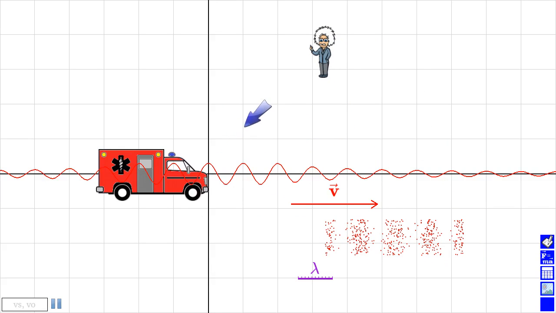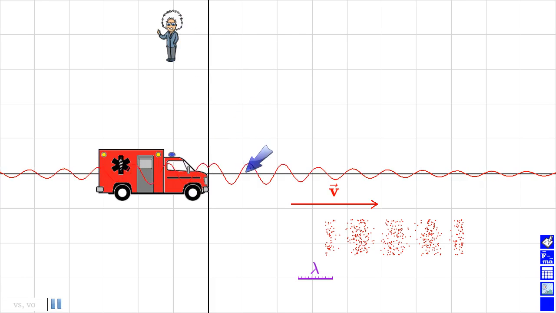Same thing, if I move the pedestrian off to the side of the ambulance, there would be waves traveling there as well. So the animation that we've got here is only showing the wave in one direction. In fact, the wave is spreading out in 3 dimensions. Now, it would be very confusing if I tried to draw all of the compressions and rarefactions as a wave